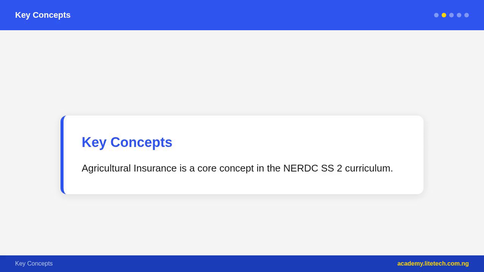Area yield index insurance. If average yield in an area falls below a threshold, all insured farmers in that area receive payment. No individual farm assessment is needed, which reduces administrative cost. Weather index insurance. Index-based insurance payment is triggered by a weather measurement, rainfall or temperature, from a weather station.